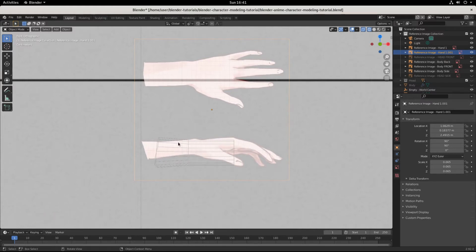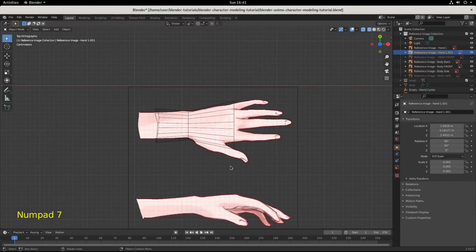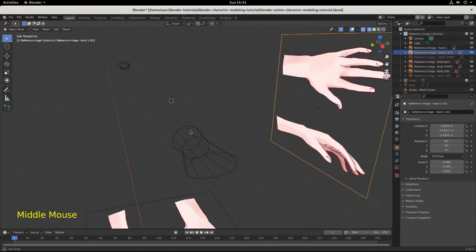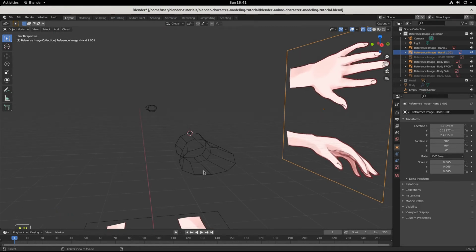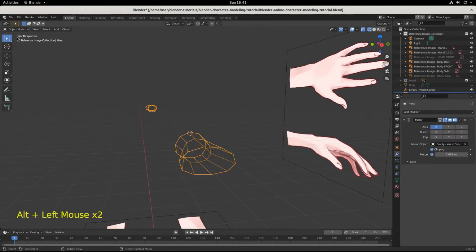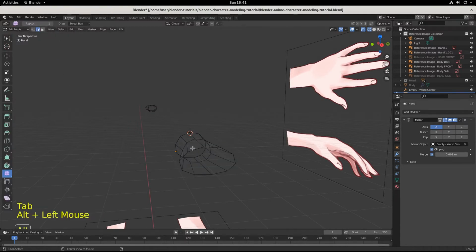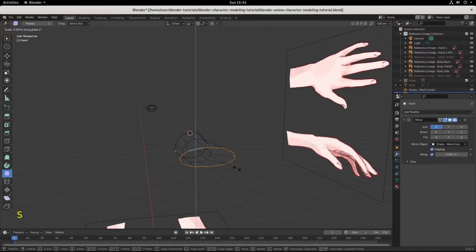Scale that. That's already pretty large. That's okay right now. It might be a little wonky. That's fine. It's just a reference. Okay. So, and then let's Alt select. Excuse me. We're in object mode. Tab into edit mode. Alt select the edge loop, and then scale along the z-axis to kind of press it